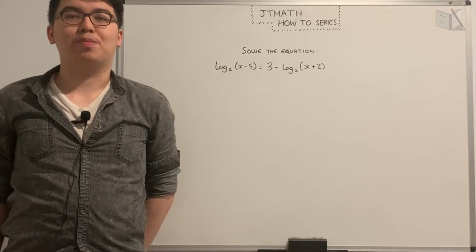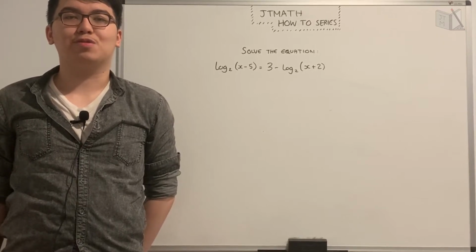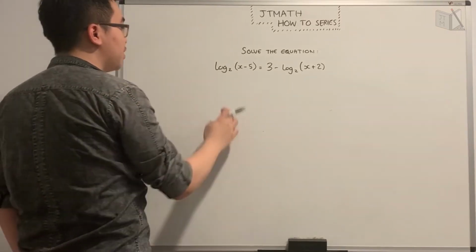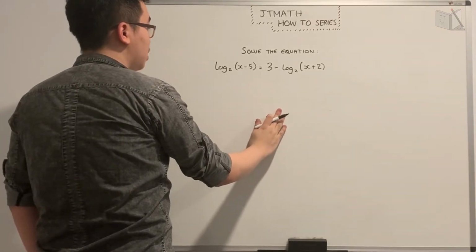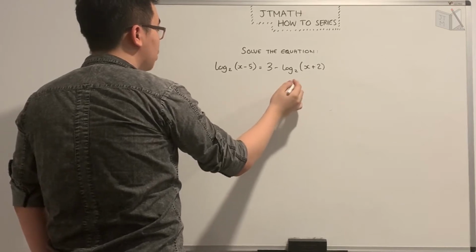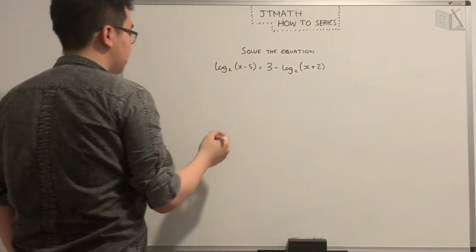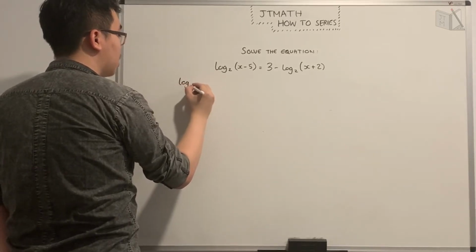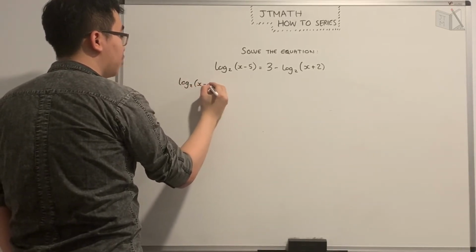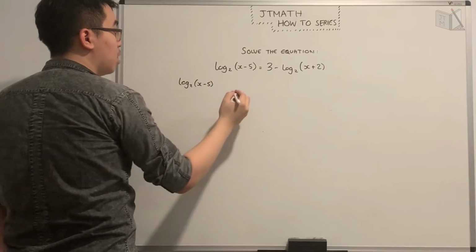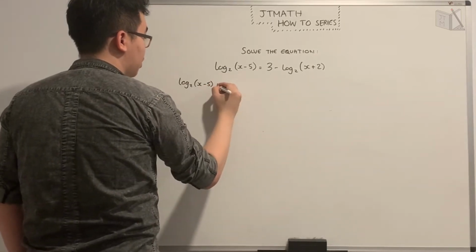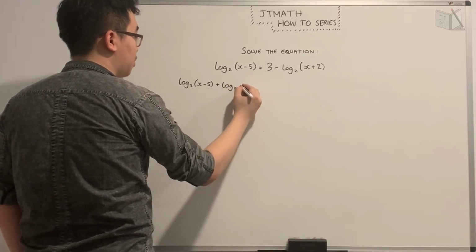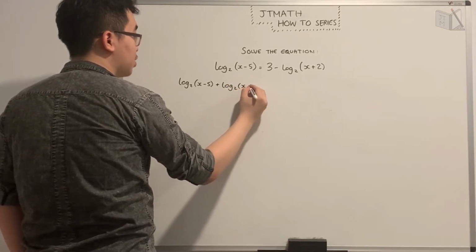Solve the equation log base 2 of (x - 5) equals 3 minus log base 2 of (x + 2). The thing I noticed is that each of these logs are of base 2. So I think I want to move all of them onto the same side to see what we can do next. So we're going to have log base 2 of (x - 5). Move this log over, and it becomes positive: log base 2 of (x + 2)